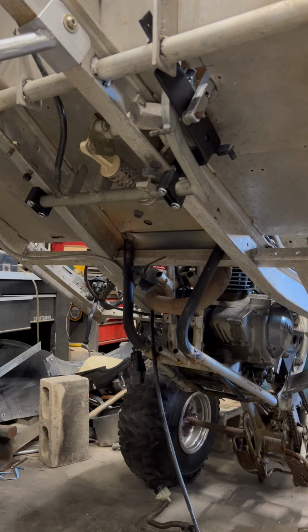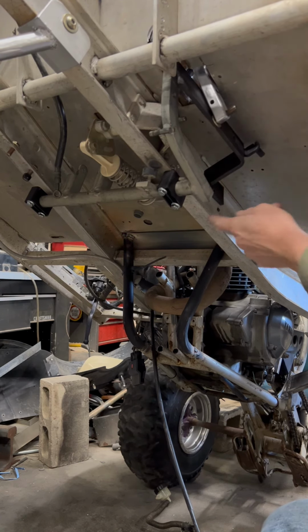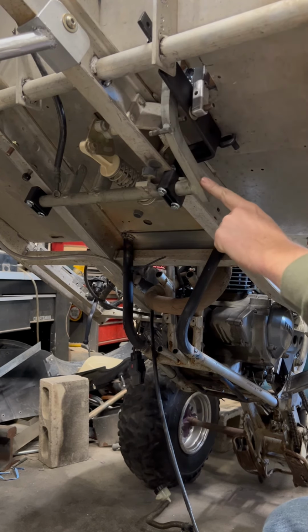So I thought I'd show you guys today what I'm up to, what we did. So here I made this clutch bracket. It slides right next to the old brake